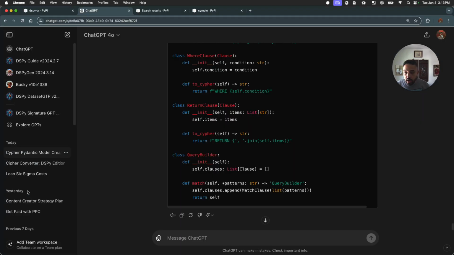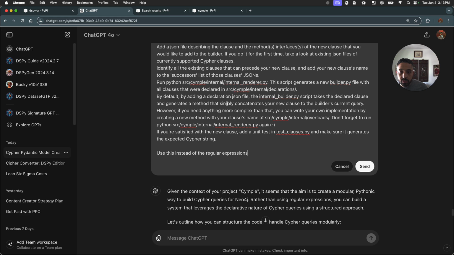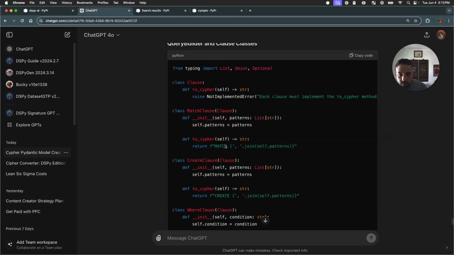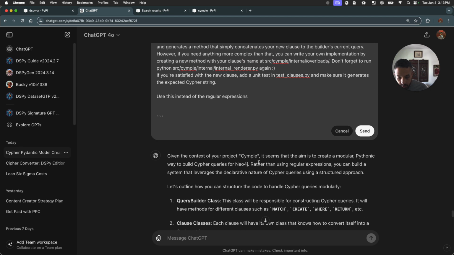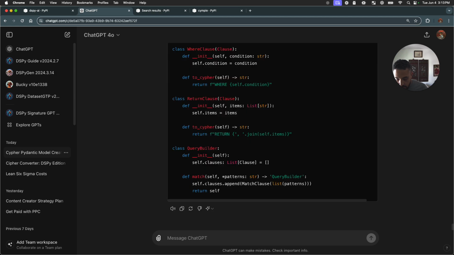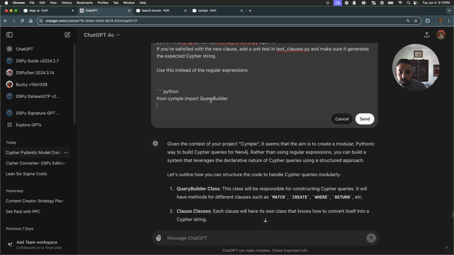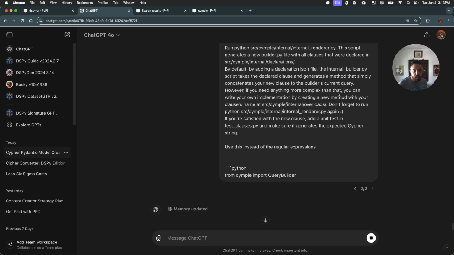So you're going to watch what I'm going to do here. Use this instead of regular expressions. So I'm going to go under 3 and say Python. So you see how I do this? And then now it should